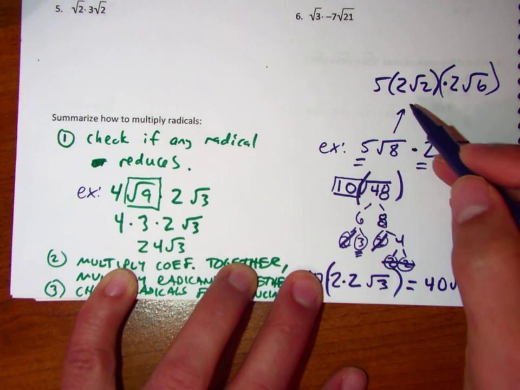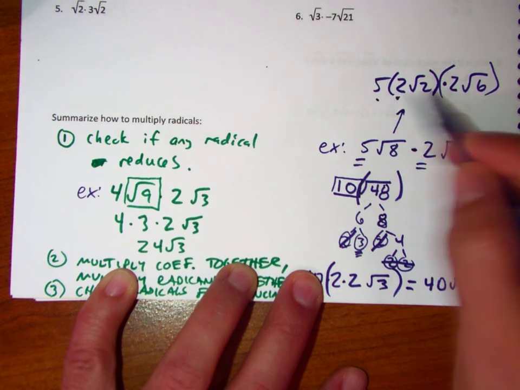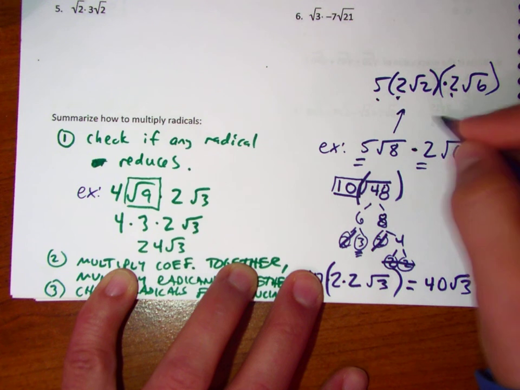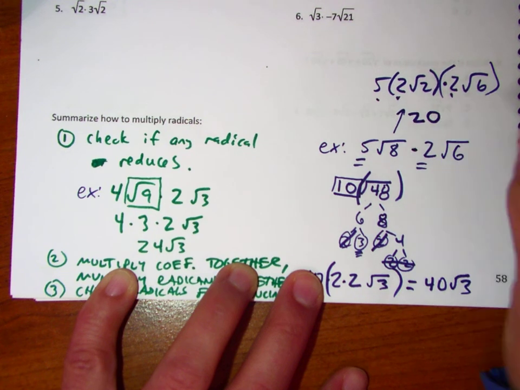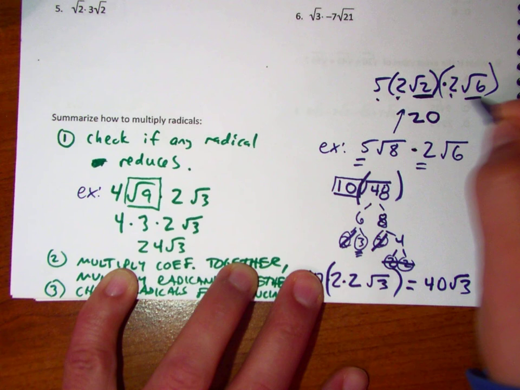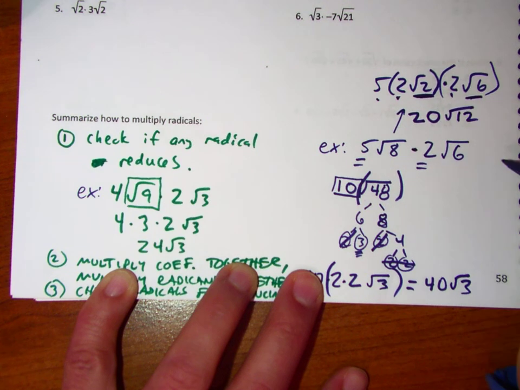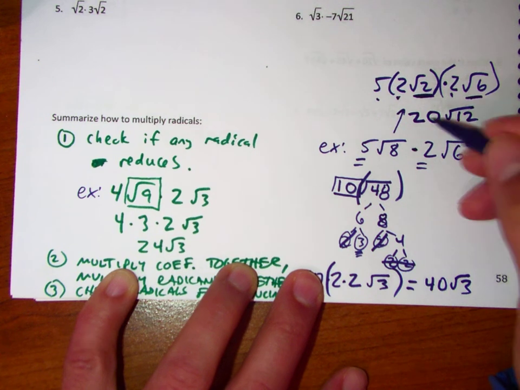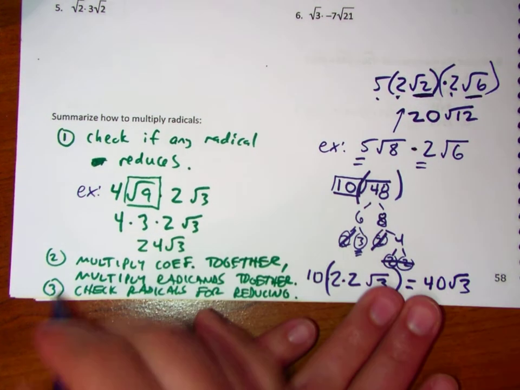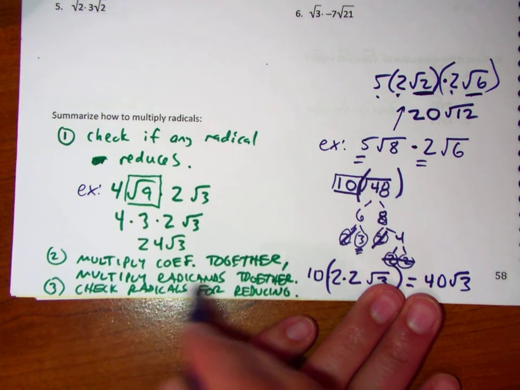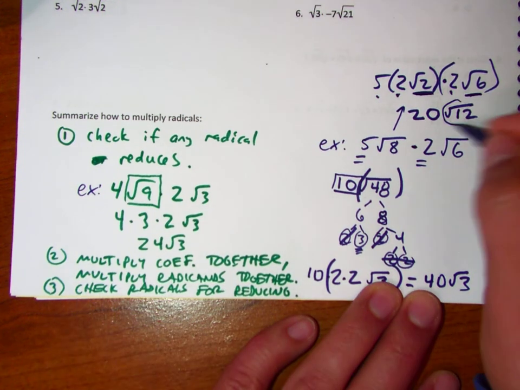So if we go this way, we got 5 times 2 times 2, so that's going to be 20. And then you got root 2 and root 6, which is root 12. Okay, notice these answers are not quite the same. Numerically, they equal the same value, but we have one last step to do, which is still always checking any radicals for reducing. And so root of 12,